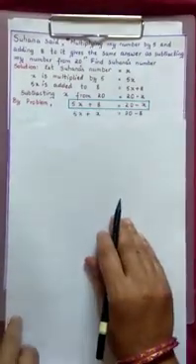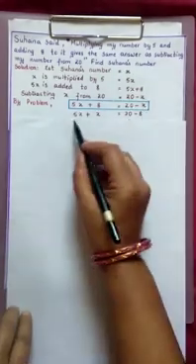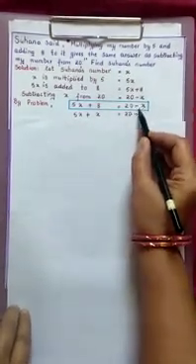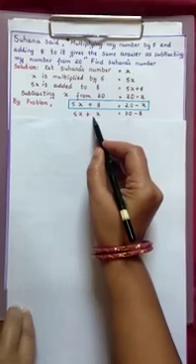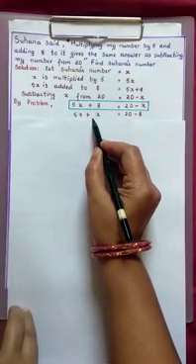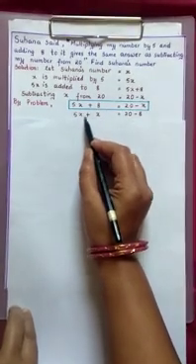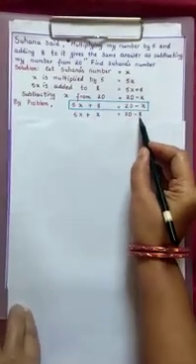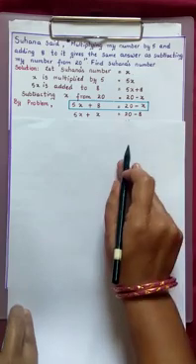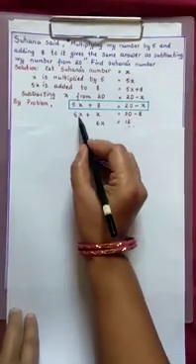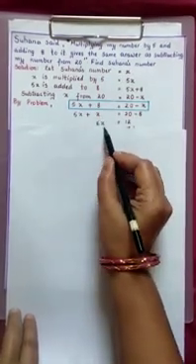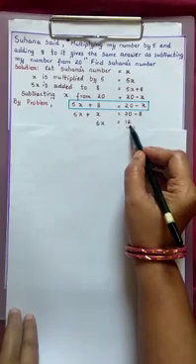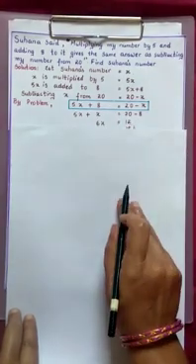Now let us transpose the right side variable to the left side. As it is minus x, if you transpose to the left side, it becomes plus x. So 5x plus x, and it is plus 8. If you transpose to the right side, it becomes minus 8. Now let us simplify here. 5x plus x is 6x, 20 minus 8 is 12. 6x is equal to 12.